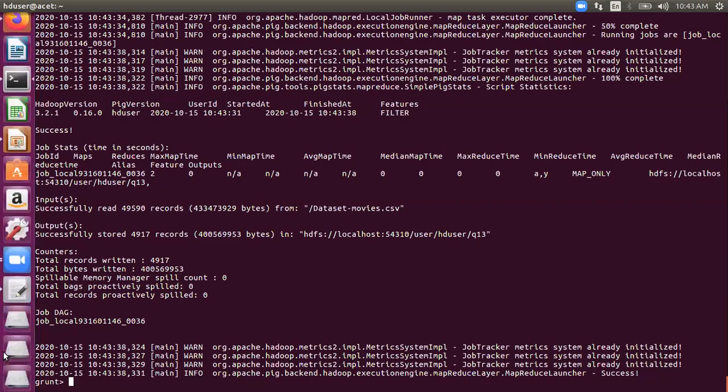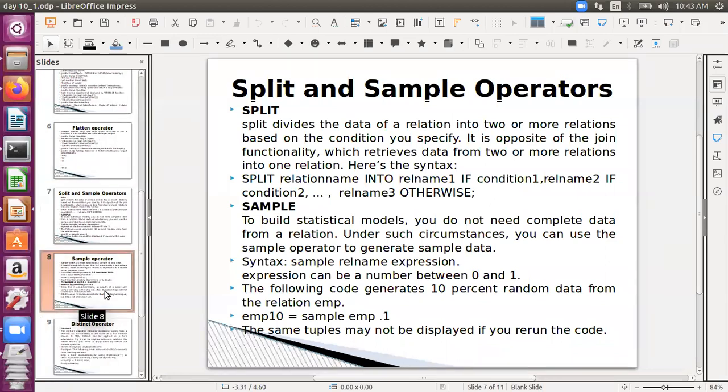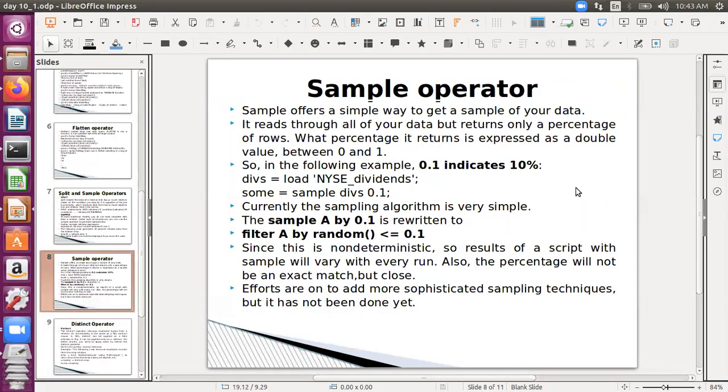It varies because of this function which runs it. I'll put one more slide for you today, which I did not in the previous class. You can use a filter also. There is a random function. Instead of sample 0.1, if you write filter A by random less than or equal to 0.1, it would result in the same thing. So this random function does the sampling task in Pig.